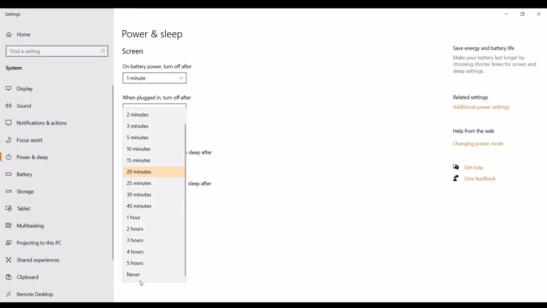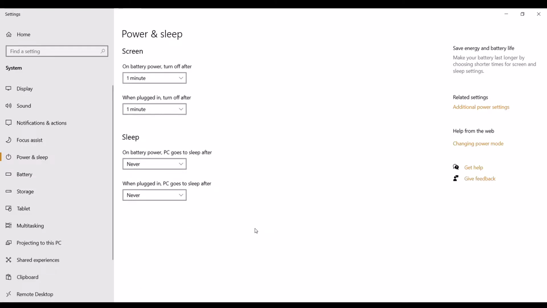So what do these settings mean? After I leave my system aside, the screen will be turned off automatically after 1 minute, but the system doesn't go to sleep mode because I kept here that the system never goes to sleep. This means we should make the system sleep manually, instead of it going to sleep automatically. So by keeping this setting, you can have your internet or hotspot active while the screen is also turned off.